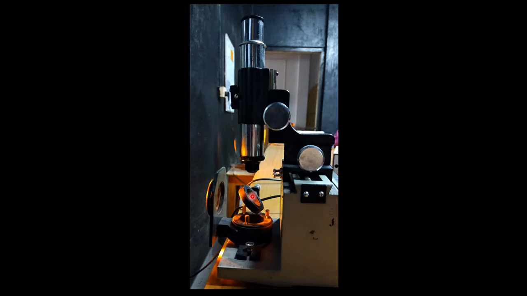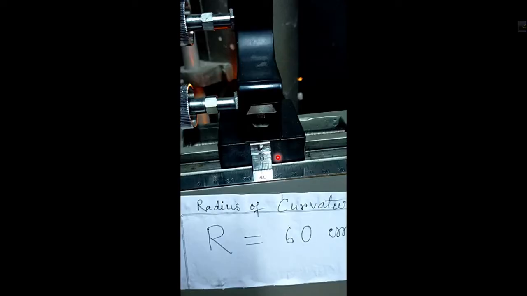So the light gets reflected by this glass plate first, then falls on this one, and then gets reflected back again and interferes. So this is the linear scale as we were talking, and you can see the pointer here. The pointer marks the main scale reading. Here one smallest main scale division is 1 millimeter,